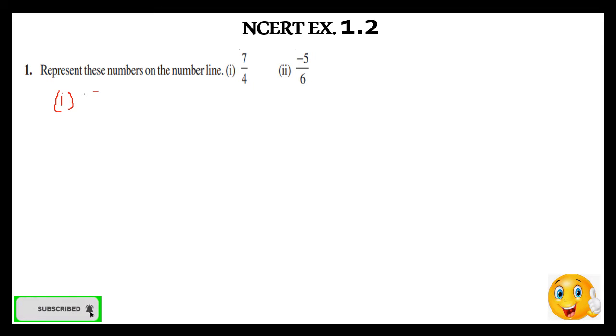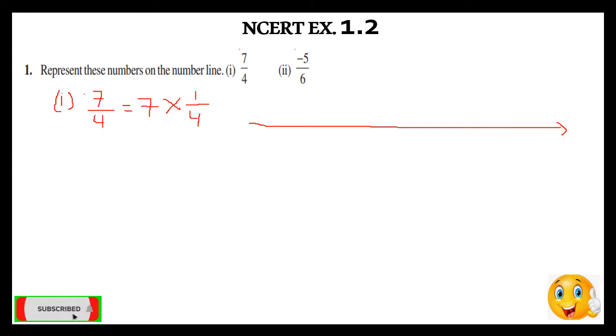7 by 4 means 7 times 1 upon 4, 1/4 7 times. What is the meaning of 1/4? That means the whole is divided in 4 equal parts, or you can say one part is selected out of 4 equal parts, and this is taken how many times? 7 times. So if we draw a number line, if I say this is the number line which I am drawing here, and on this number line